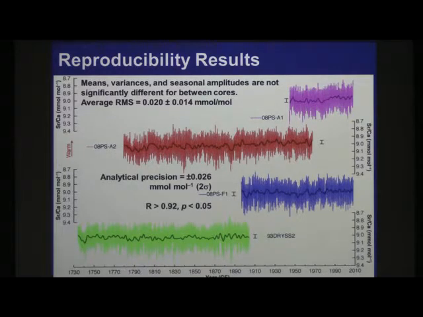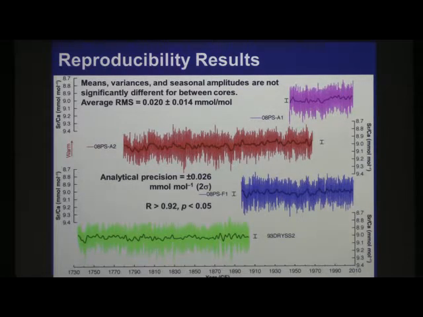Another thing to point out is that this is a group project. I did not sample everything here. The A1 and the A2 were sampled by myself. The F1 and the 92 dry SS2 were sampled by Chris Maupin over at University of Texas. Both of us were similarly trained, but we did not talk to each other or compare results as we went through this process.